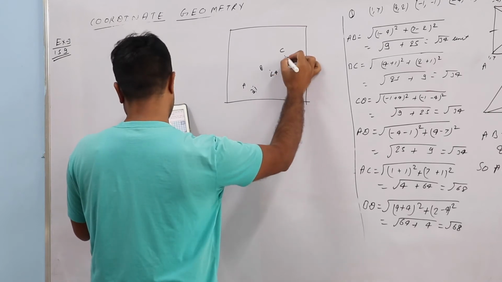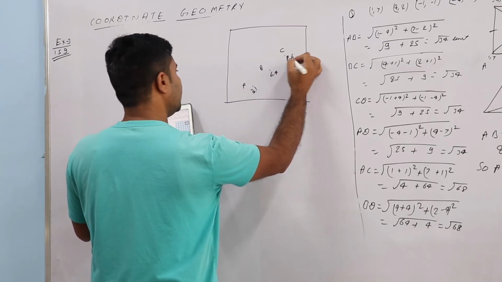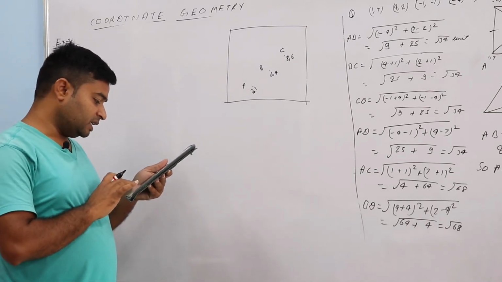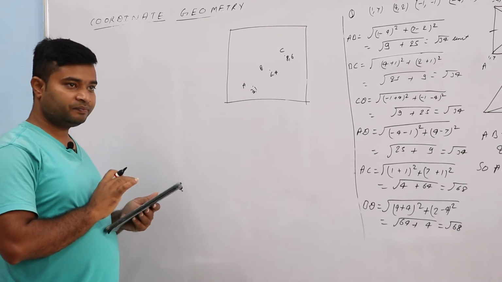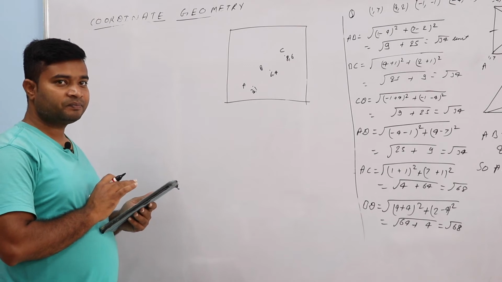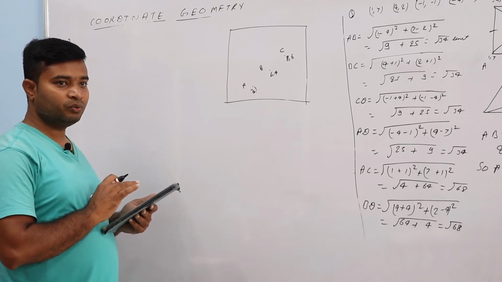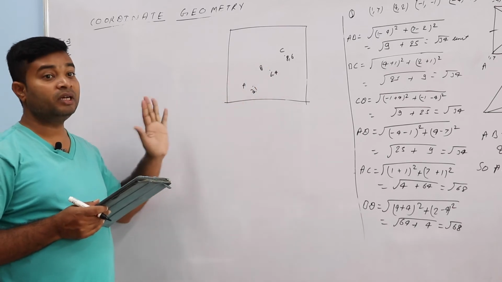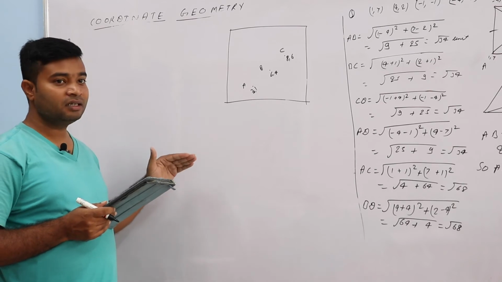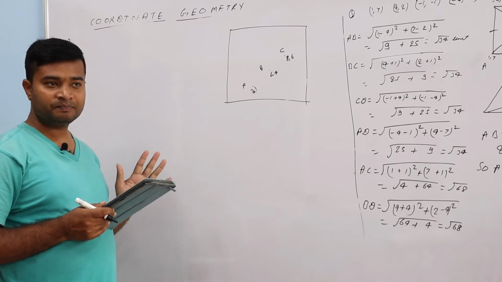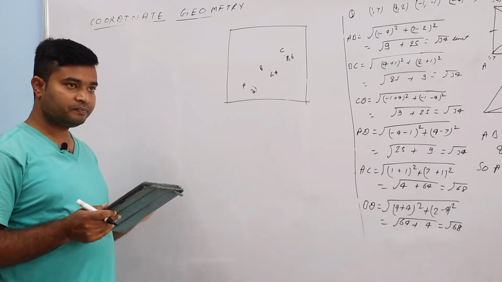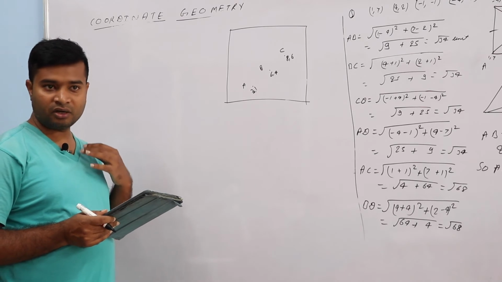6, 4 and then 8, 6. Then saying respectively, do you think they are seated in a line? In a line means we should check whether these 3 points are collinear or not. In a line means they are sitting in a collinear way or not. Getting? Acha. So how will we check whether it is collinear or not?